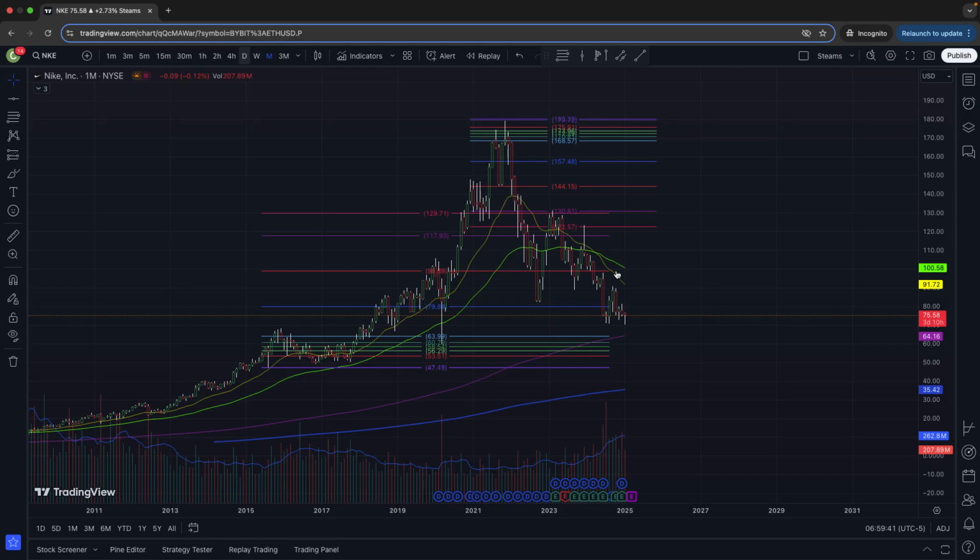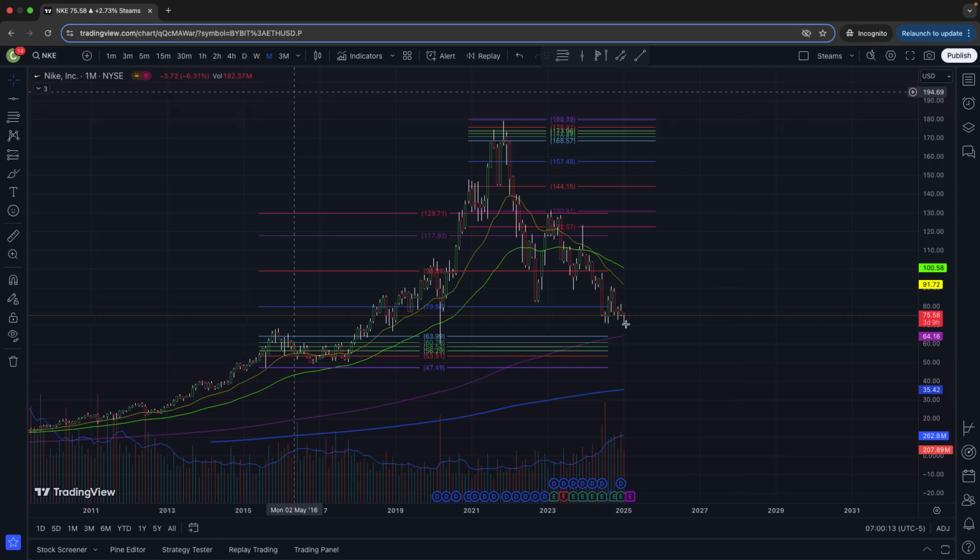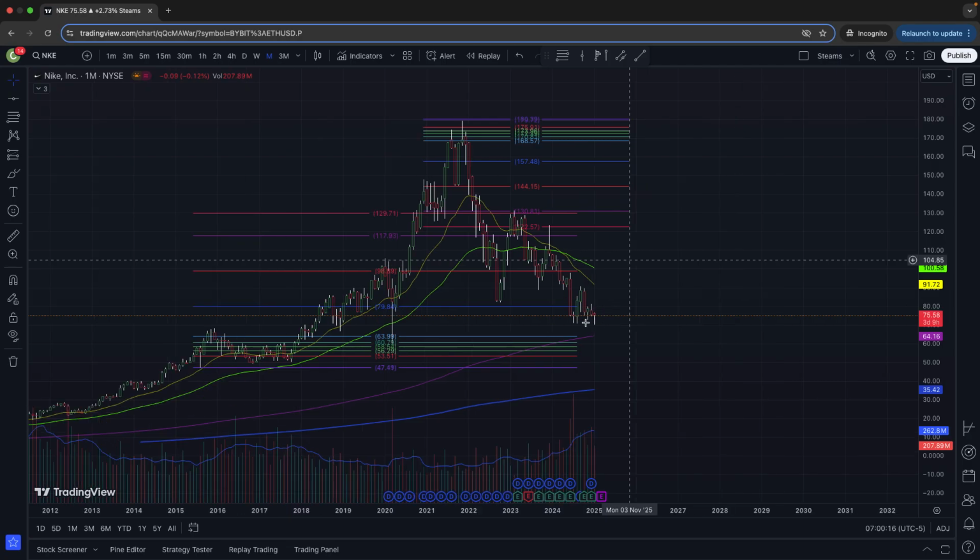Around $100 for sure is an area of interest. So be aware that when you get to 91, don't sell everything. Sell like 50%, 80%, whatever you're comfortable with. Keep a little bit on the side with the stop loss above your entry, in profit. And then you can look for a target of $100 and $117, because those are actual live targets that will happen. Once we get this monthly close here, and if it closes like a doji,